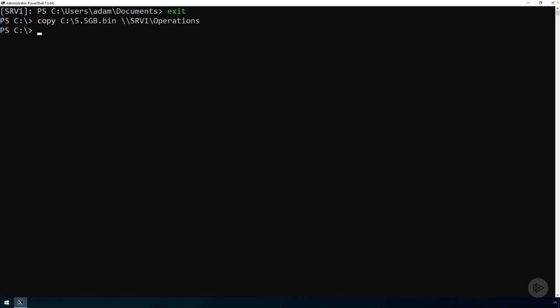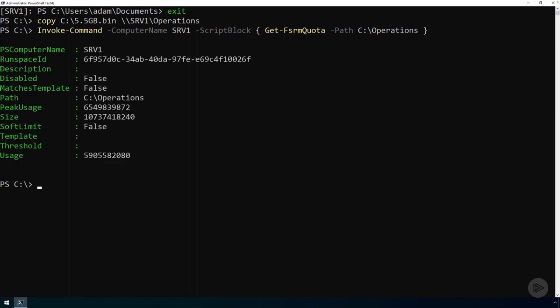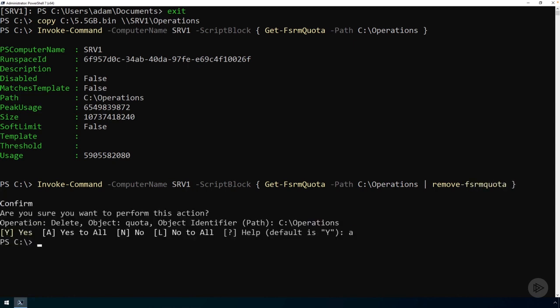All right, the copy finally was complete. And now the demo is complete. So there's no need for this quota anymore. Instead of entering an interactive remoting session, I'll just use Invoke-Command to run a command on the SRV1 server. So here I can run Get-FSRMQuota on the SRV1 server without opening up an interactive PowerShell remoting session, confirming it's there, yes. And now to remove it, I can simply pipe that to Remove-FSRMQuota and confirm,